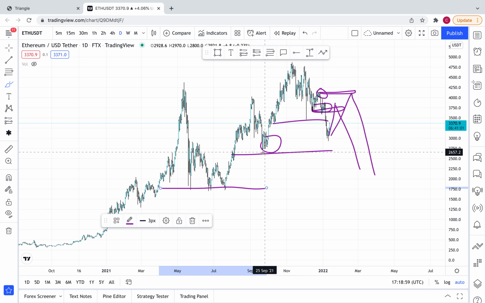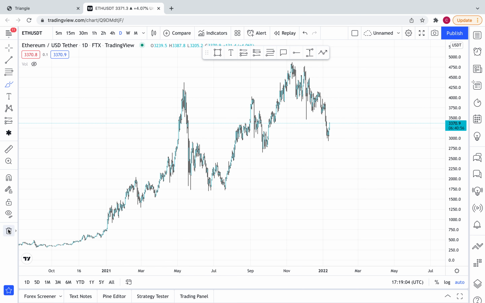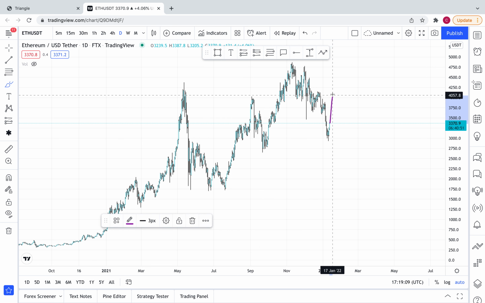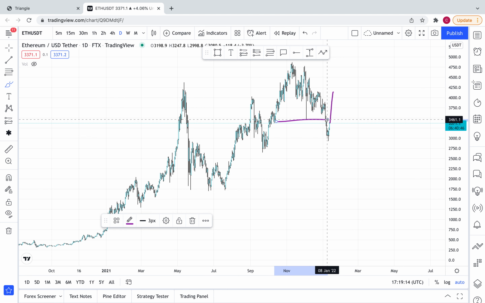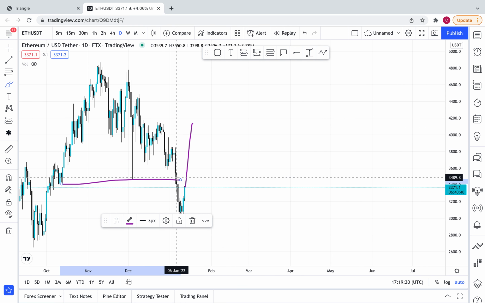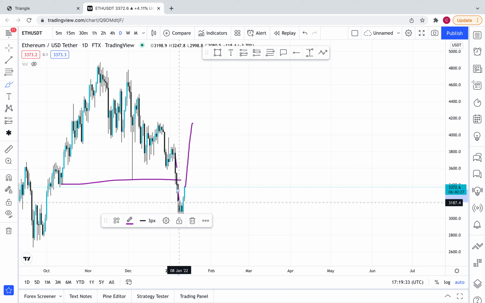So price is still clearing internal range lows. If I am to look at what price is going to do, I see price moving up to mitigate this other block here that sponsored this break of structure. And why am I saying this? You can see that these three bearish candles show that price is efficient. They are called imbalances. Really, we have balanced price action and imbalanced price action.